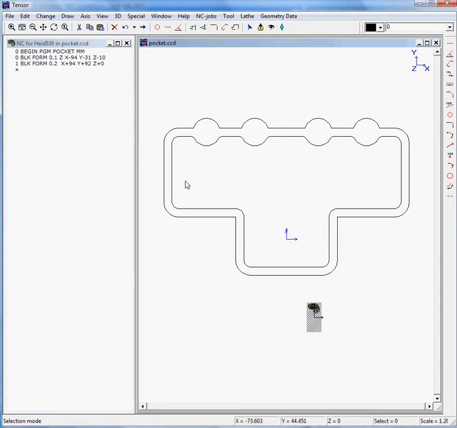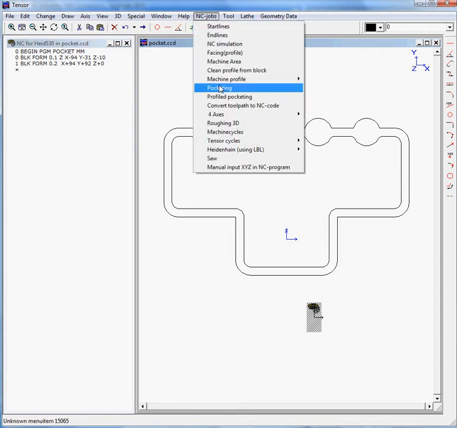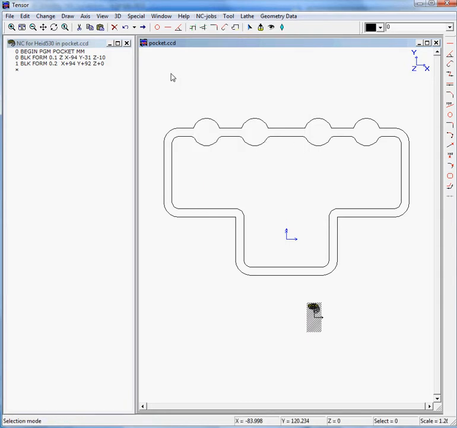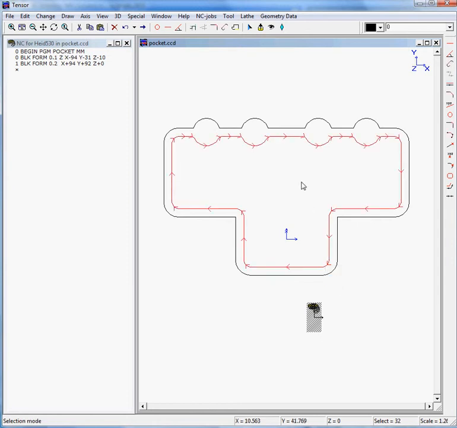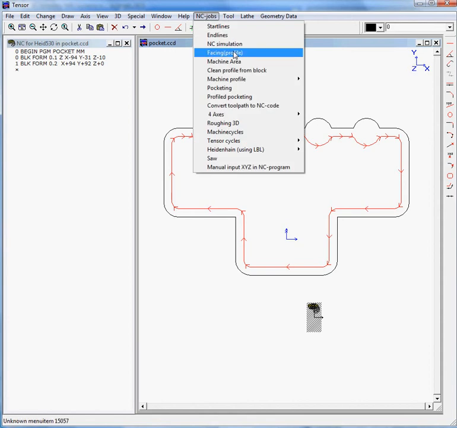So here we have an example where we will use the pocketing function for this ANSI job. So this is our pocket, so let's select the outer contour, which we now selected, and as this is our first element, if we do a finishing, it will start here. So let's move to ANSI jobs pocketing,